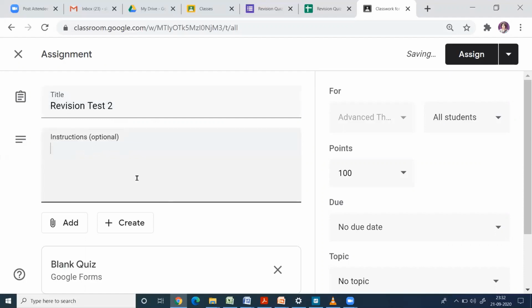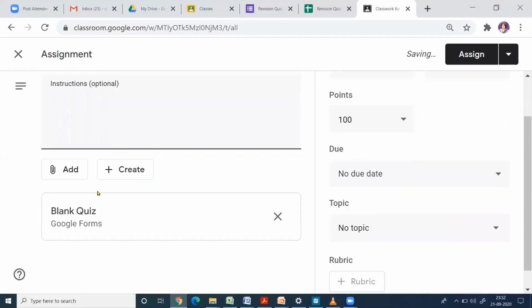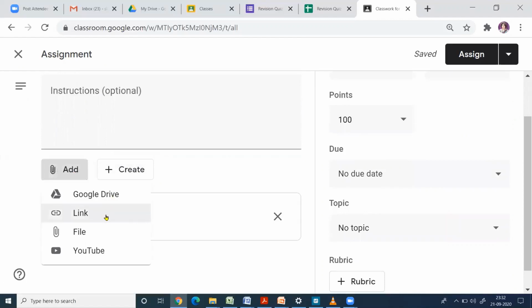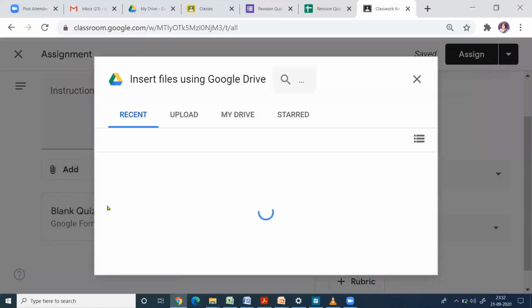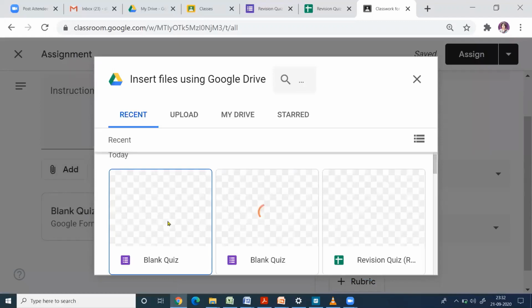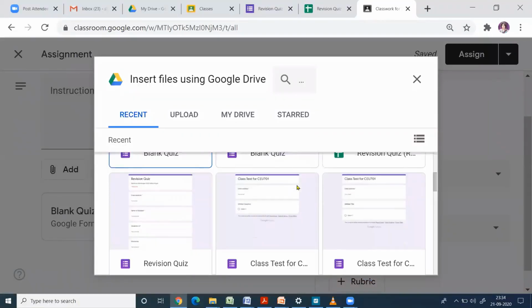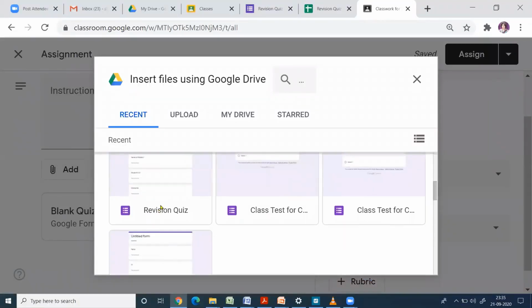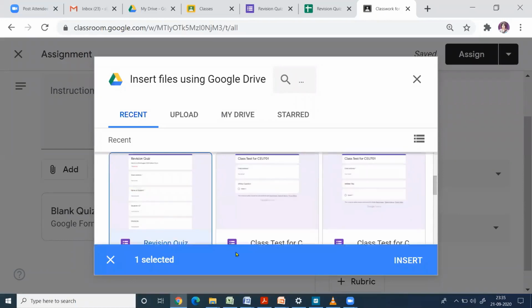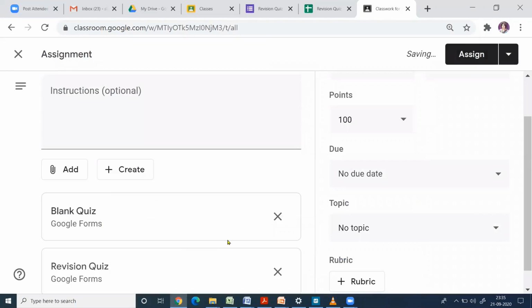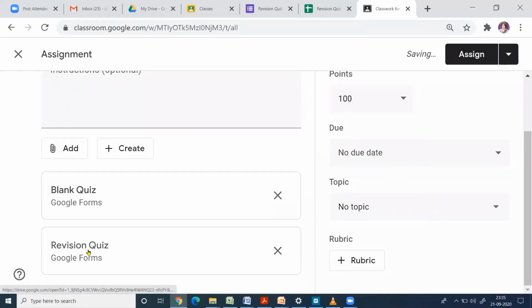Write some instruction if you want to write. Then you can add from the Google Drive. Then you can select the quiz. The quiz is here. So select this quiz, insert. Once you click on insert, this quiz will be inserted here.